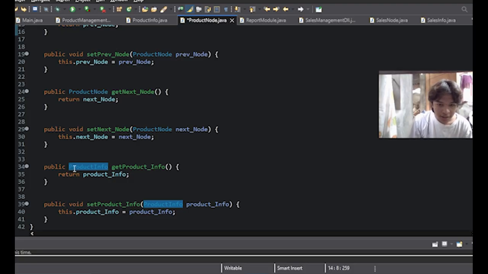In short, the product node helps organize product information in a linked structure so each product can be connected and easily accessed in order.